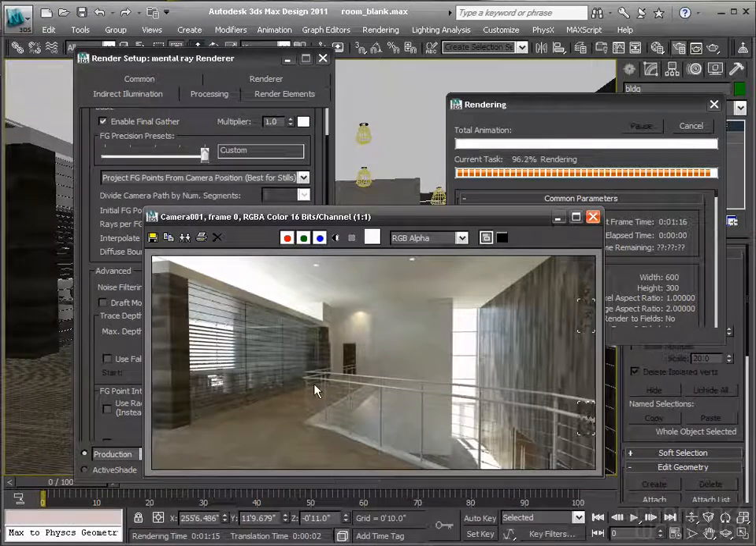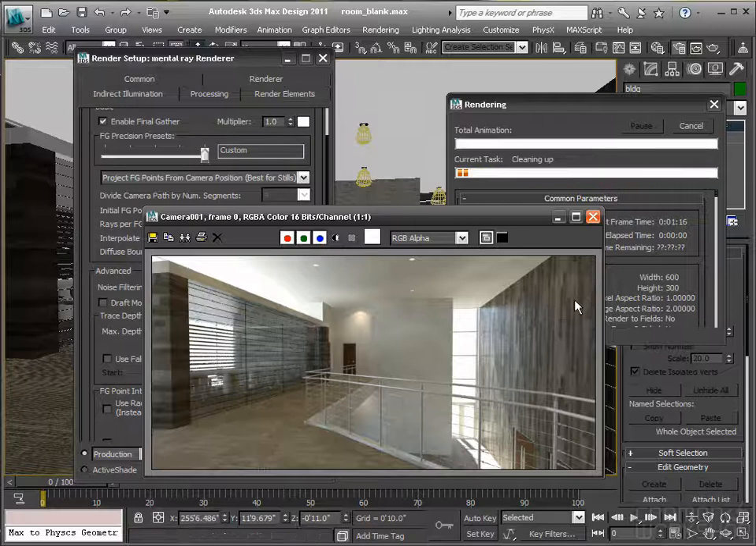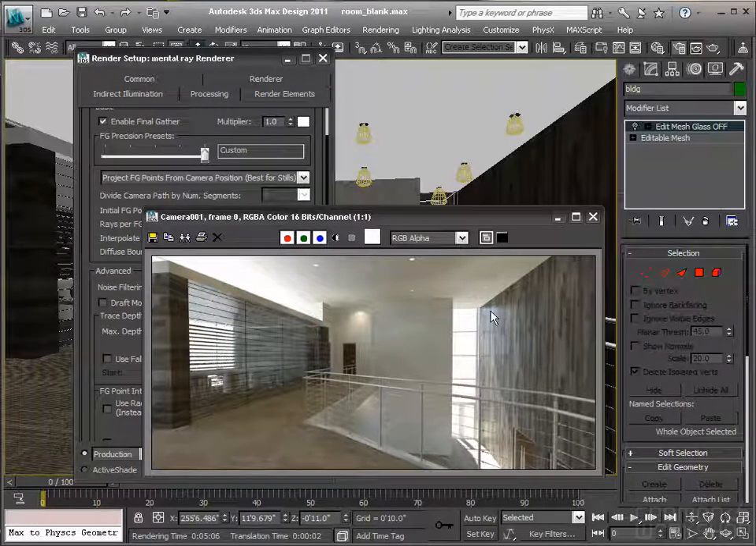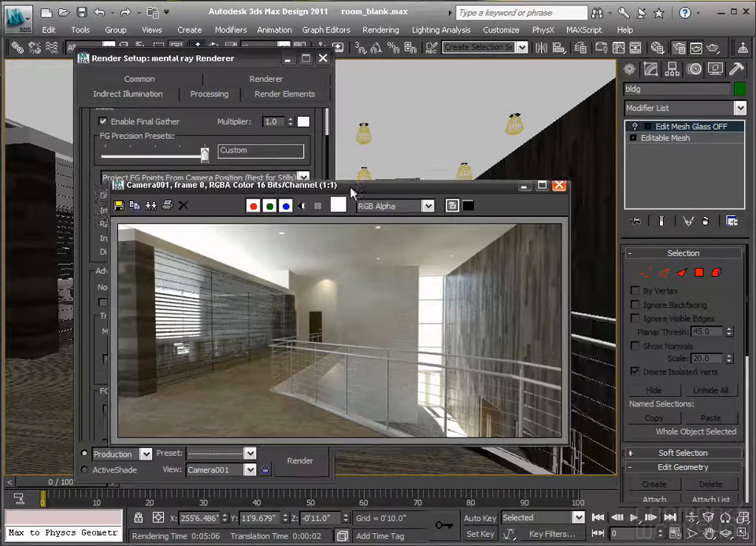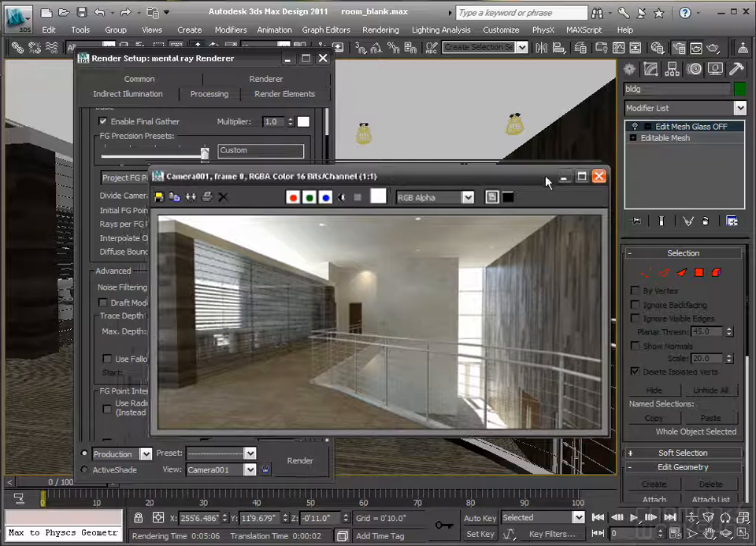Okay, that looks pretty good. It's just finishing up right there, and when I turned on that material with my self illumination glow, it rendered the glow with my final gather, and I'm pretty happy with it. So now let's go ahead and